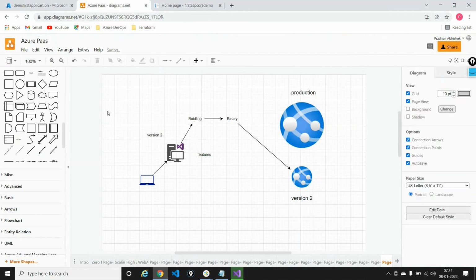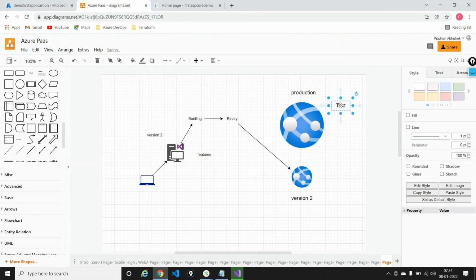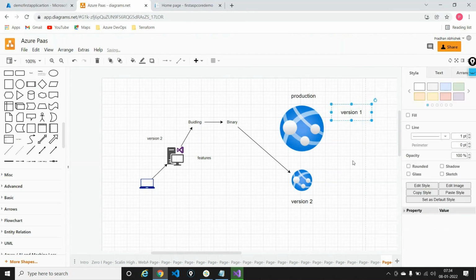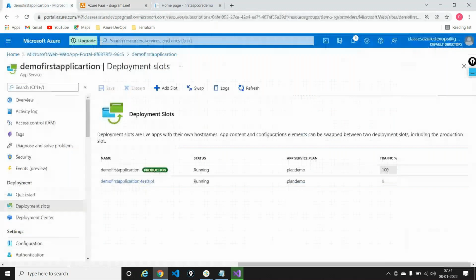And the main application, which is production, is still running on version 1. This is not disturbed. Still not disturbed, great.